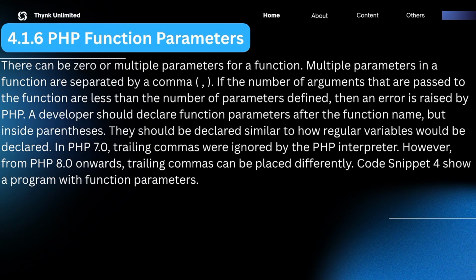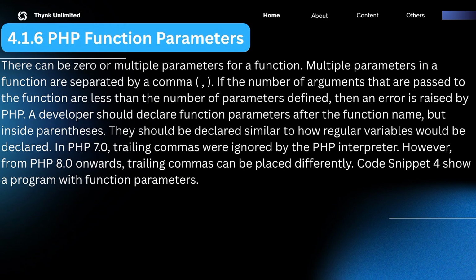For example, if a function needs both a name and an age, you can declare it like this: function greet($name, $age). Here, both name and age act as parameters. When you call a function, you must provide the same number of arguments as the parameters declared. If the function expects 2 parameters but receives only 1 argument, PHP will raise an error because the missing argument leaves the function incomplete. This ensures that your code runs correctly and that every parameter inside the function has a